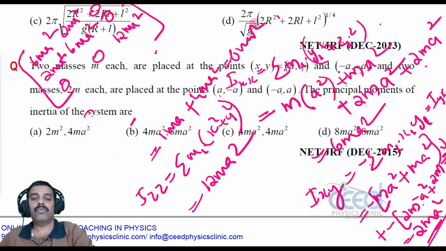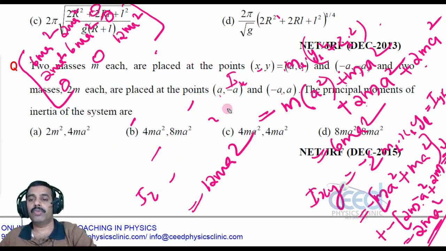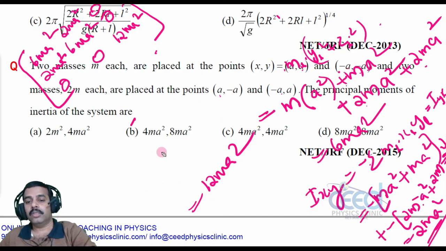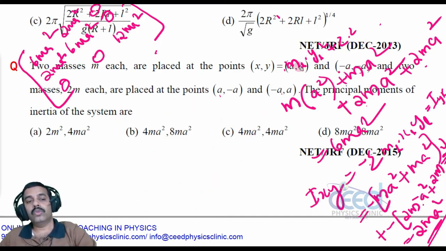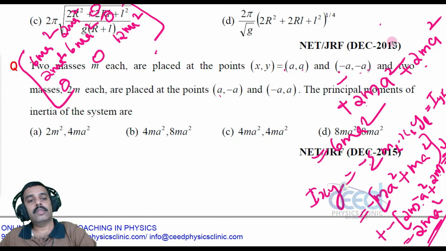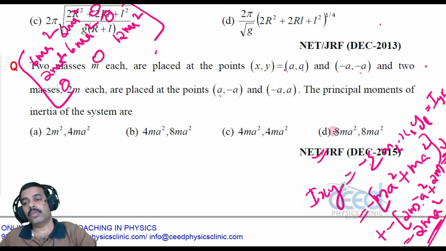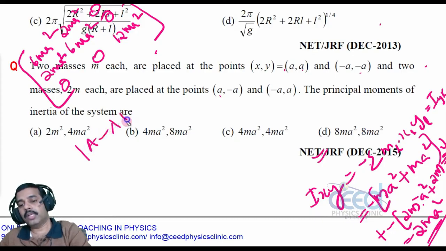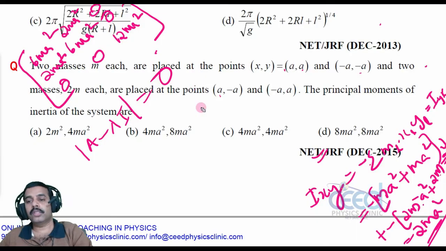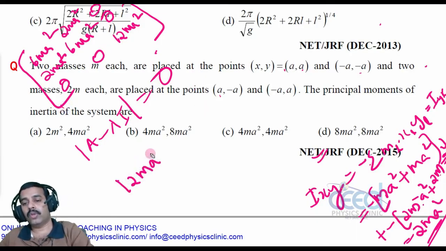But we are asked to find the principal moment of inertia, right? So we have to solve the characteristic equation. So determinant of this matrix A minus lambda equals 0. So when you solve this, what do you get? You can expand through this, that is 12ma square, right? 12ma square into, so here all we have minus lambda,